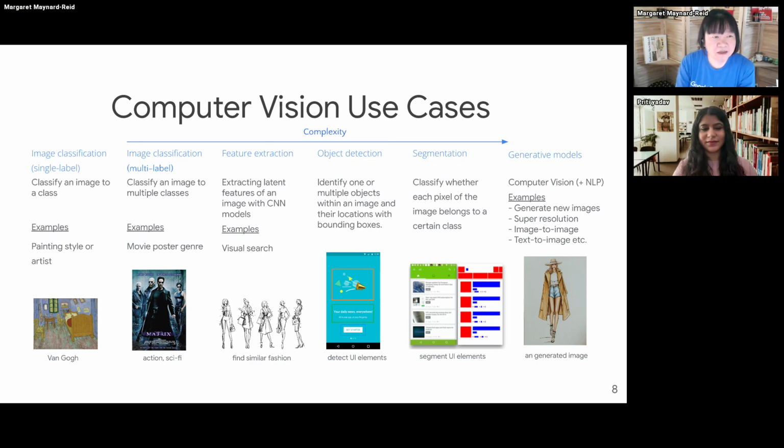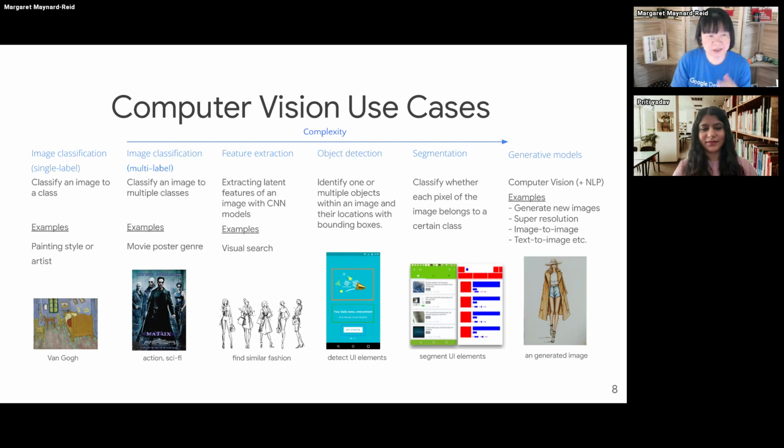The second example could be multi-label image classification. For example, a movie poster genre could have multiple genres. This Matrix movie is action, and it could also be sci-fi. And then feature extraction: you extract the latent features of an image, and you could use a CNN model.